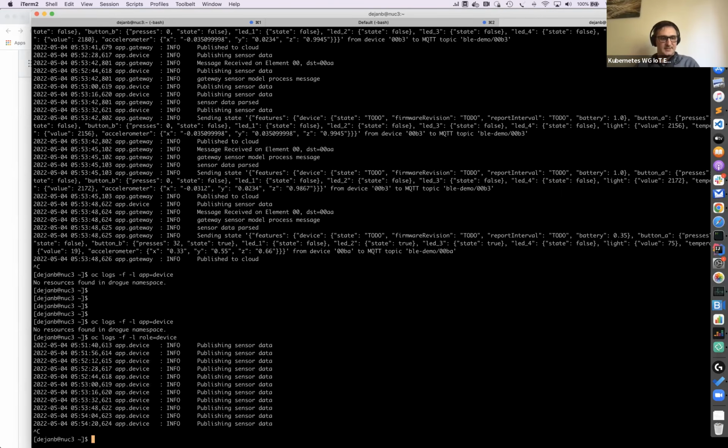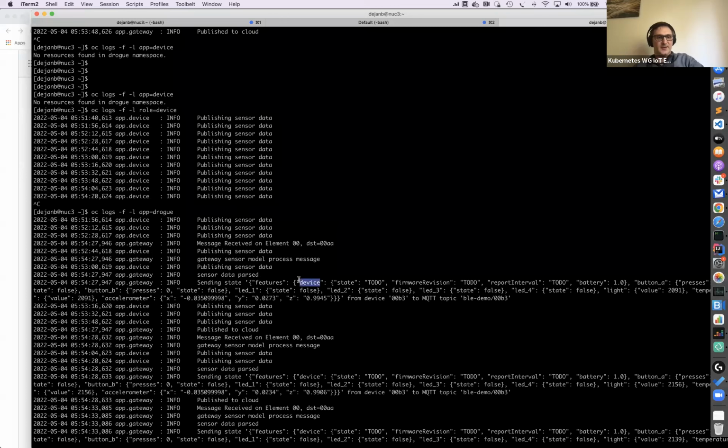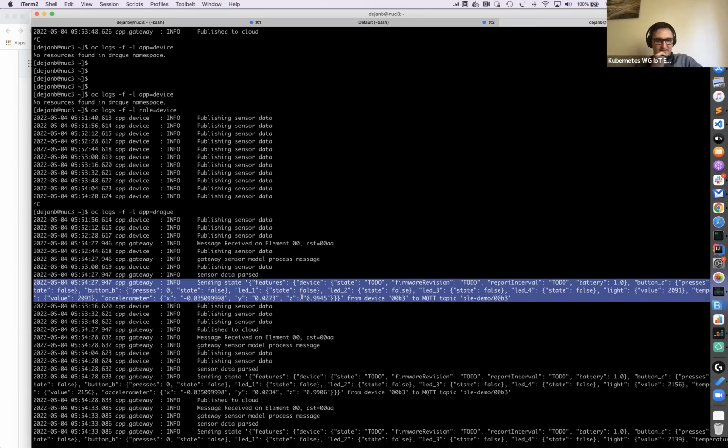And then the gateway is basically getting those messages. This is from the other device, right? But it's the same thing. It's listening on the dbus channel. I think that's the proper terminology. Getting all the events there, and then converting those into the API that our cloud project is actually expecting, right? So there's a device model, and it gets converted from the BLE mesh model to the JSON model that the cloud expects. Sounds good?